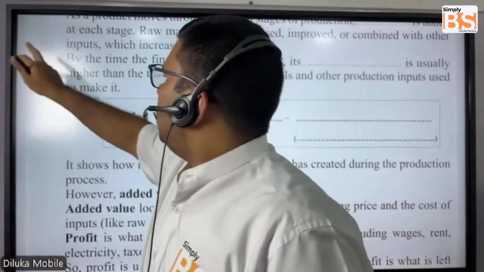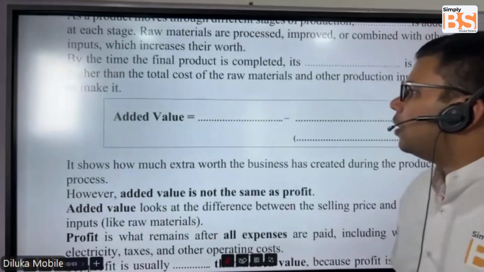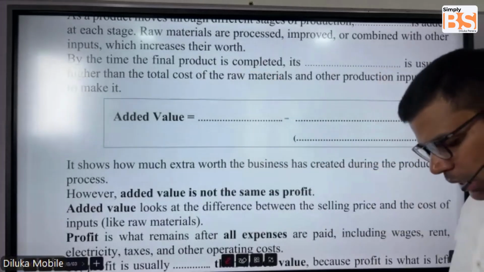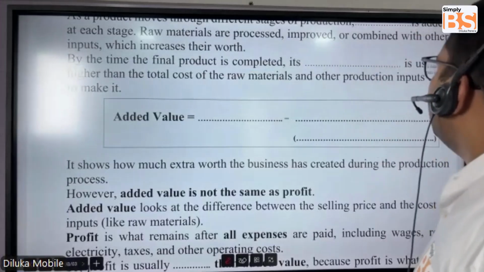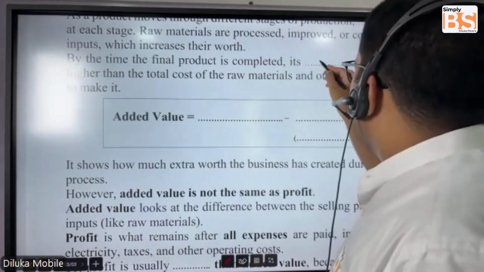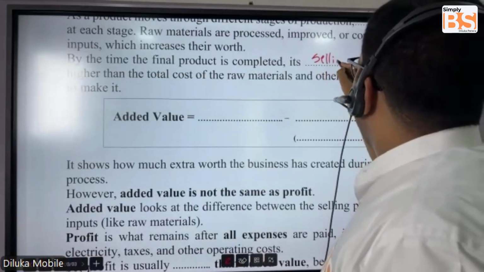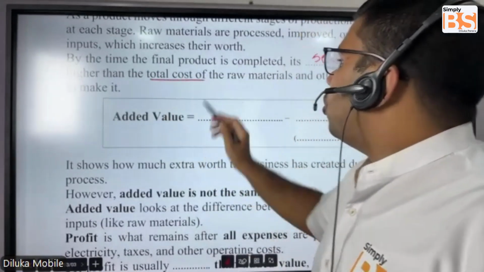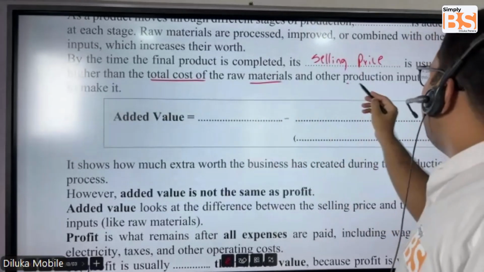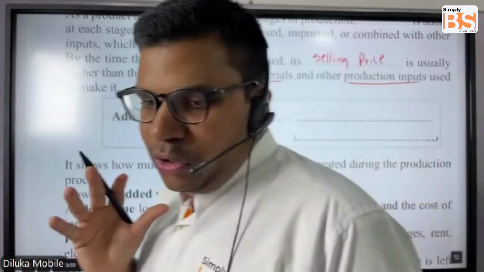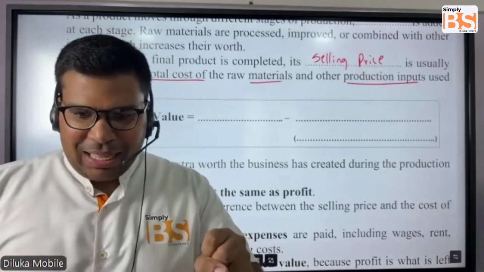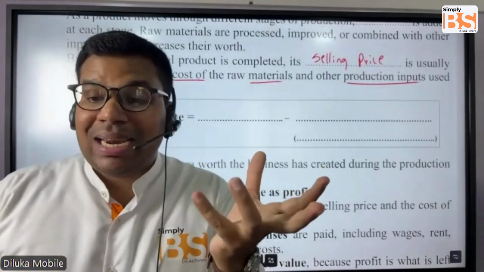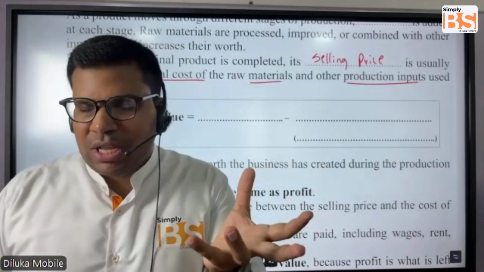Let's read. By the time the final product is completed, its selling price is usually higher than the total cost of the raw material and other production inputs. So very, very important, students. Can you remember, according to our calculation, the selling price of those 100 grams worth of tea powder was 1,200